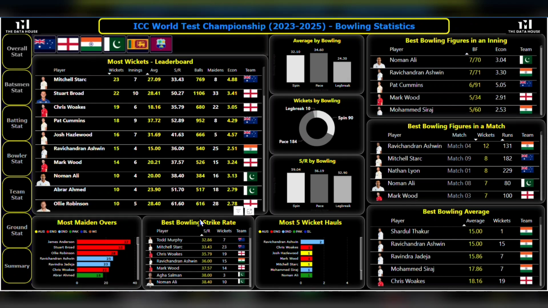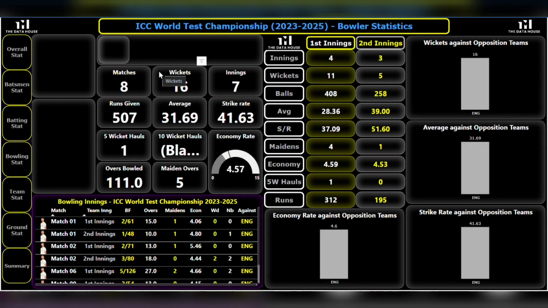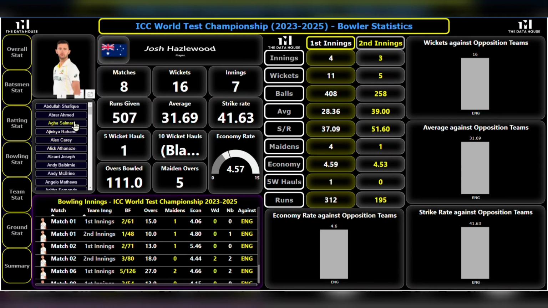And also you can see most maiden overs, most 5-wicket hauls statistics, best bowling strike rates, and also best bowling figures in an innings and in a match, best bowling average, also average by bowling, and wickets taken, which bowlers take the most wickets. Pace bowlers took 184 wickets, and like that, and bowling strike rates. And also you can analyze bowlers' statistics similar to batsman statistics. In here the most wickets were taken by